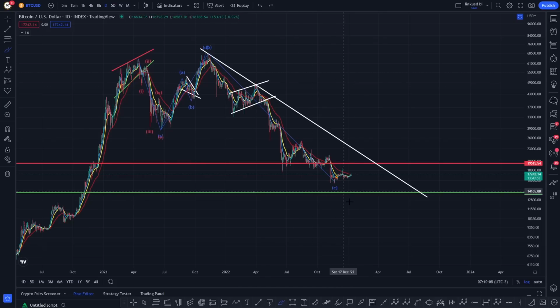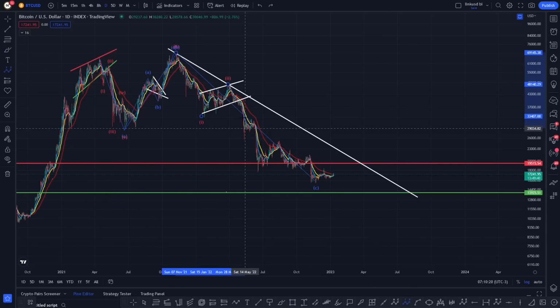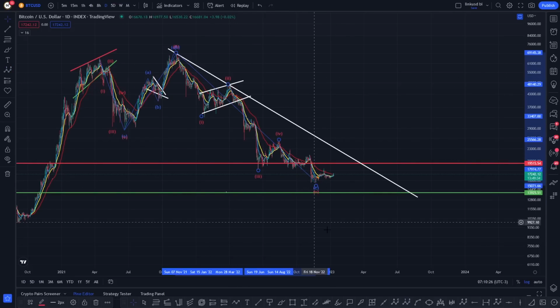So is the C wave done? I wish I could tell you it is, but I need to see certain things in the charts going forward before I can jump up and down. But usually in a C wave, just like in the A wave, you do usually see 5 waves. So if we measure this, we've got a 1. Obviously a 2. This was a large 3, unless we're still in this 3. So you've got this large 3, there's a potential 4, and right now you potentially put in the final 5th